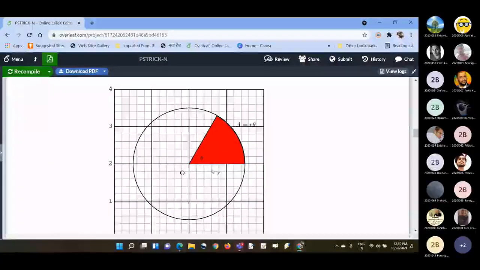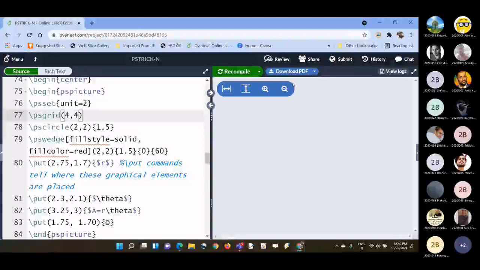Okay, then we have circle, and then we are going to take this portion and color it, and we are also writing equals to r theta here to show this one. You can also make some line to indicate that this equals to r theta is written for this portion. Okay, r is there. R means that it is from O to this point, and O denotes the center. Theta is the angle of this angle.